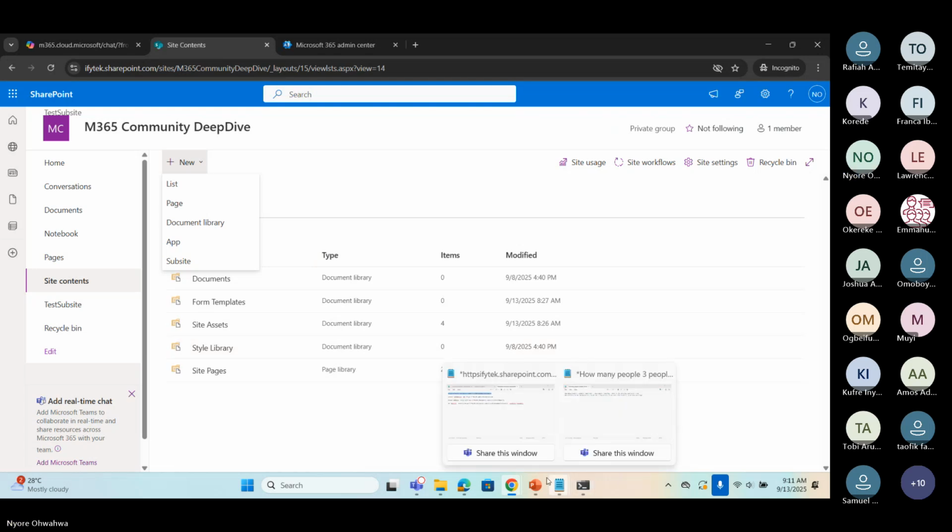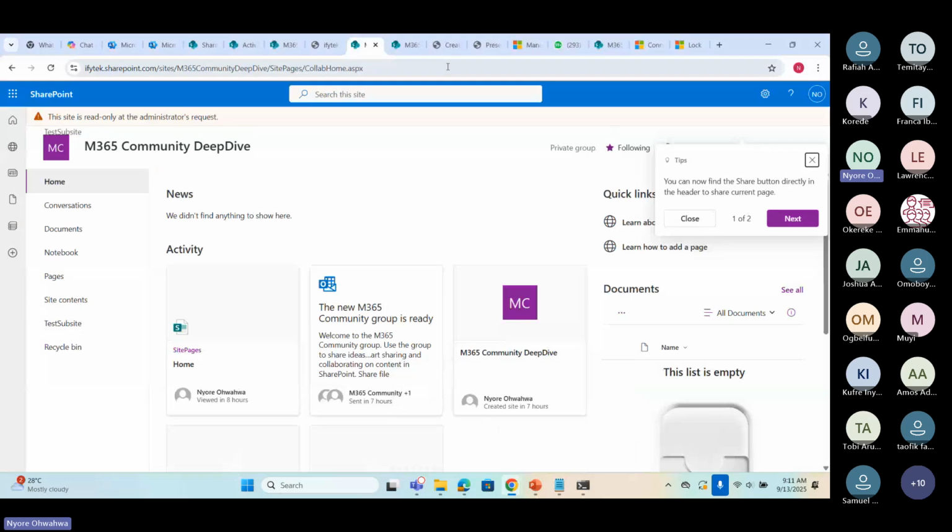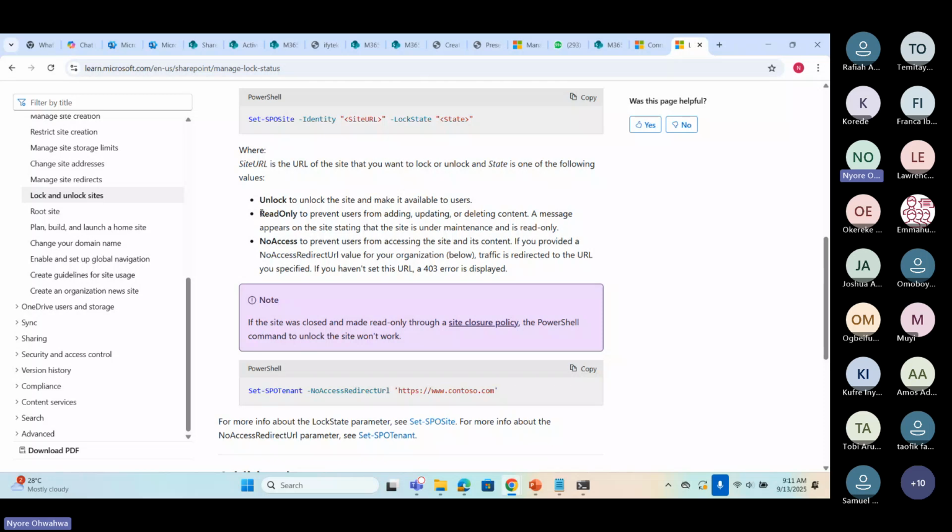And remember, I also mentioned at the beginning that you can make it read only or no access at all. We did read only, where you can access the site but you cannot edit anything. So let's try no access and see.